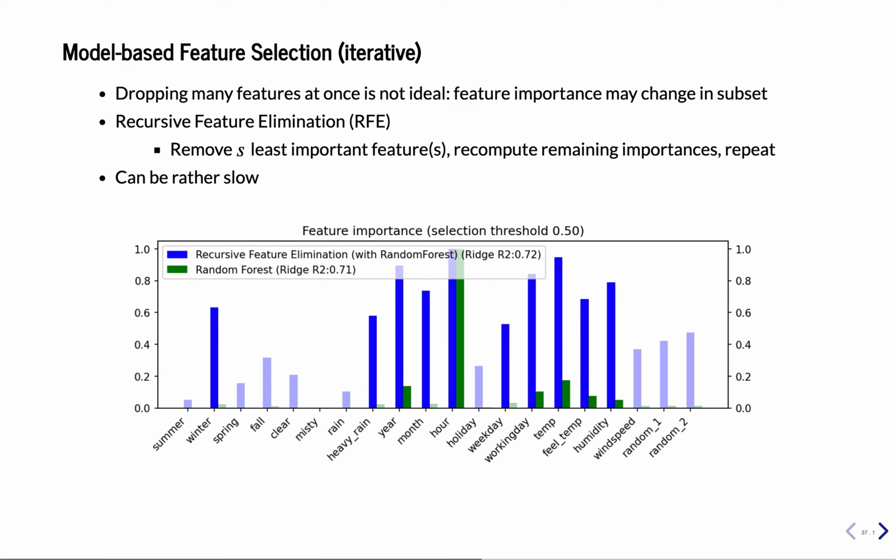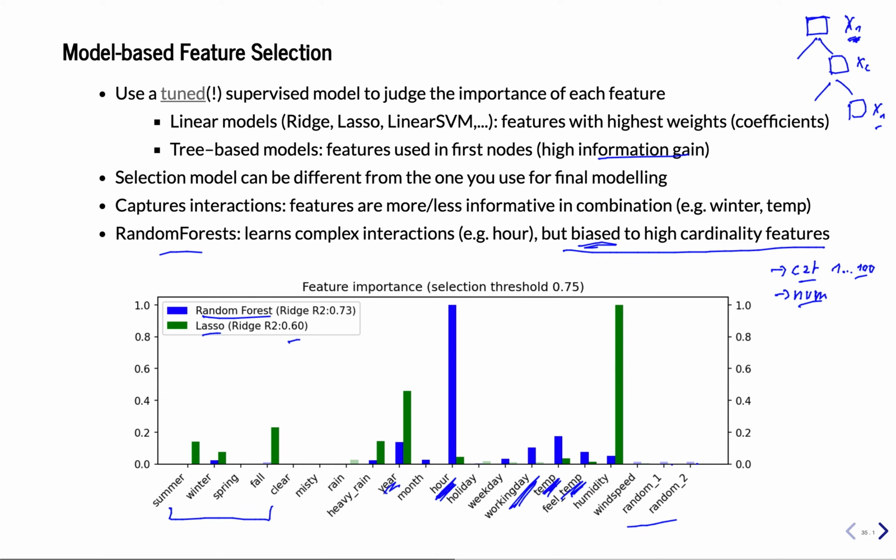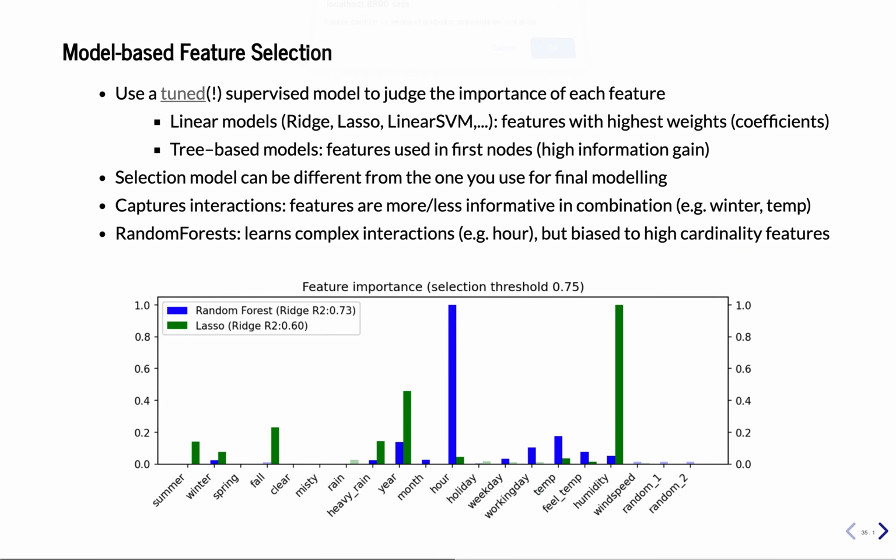Now, if we do model-based selection with this or with this, at some point we are selecting which features we're going to reduce, right? So say at some point we want to remove half of them, right? Then we look at all the features which have very low importance and we just remove them. And this can be tricky, right? So if I remove all these ones here,